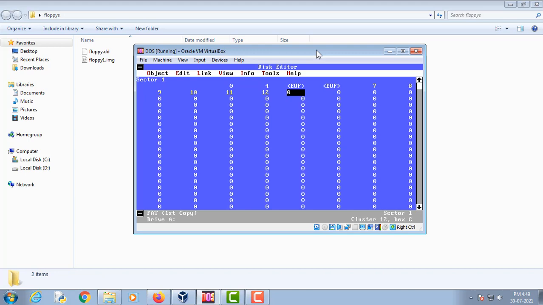The file2.txt is going to end on cluster number 12, so we type the end of file marker on cluster number 12. So 1 2 3 4 5 6 7: file2.txt occupies 7 clusters from cluster number 6 to cluster number 12.